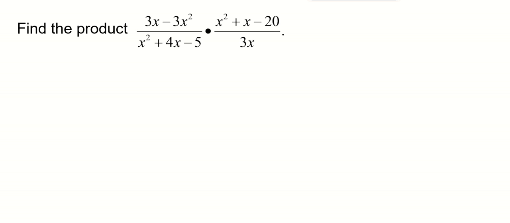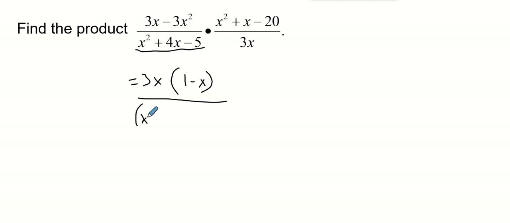So here, again, finding our product, we're going to want to make sure we factor things out so that things will simplify out. Okay, so I'm going to break things down into factors. So 3x minus 3x squared, well, they both have a 3 and an x involved. So if I factor that out, I'm left with 1 minus x. Okay, my denominator here, things that multiply to negative 5 and add to 4. So I'm going to be x plus 5